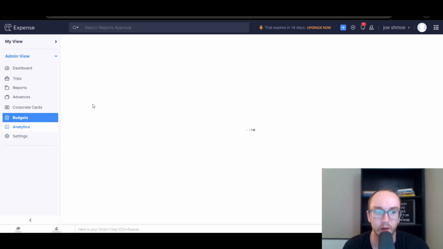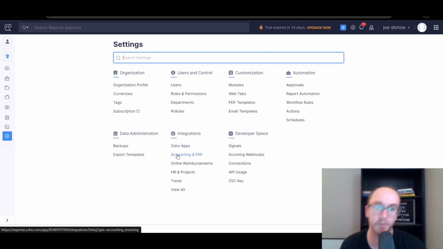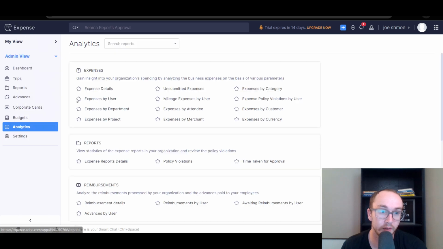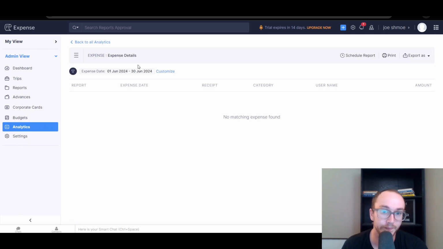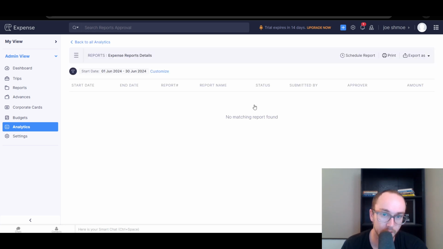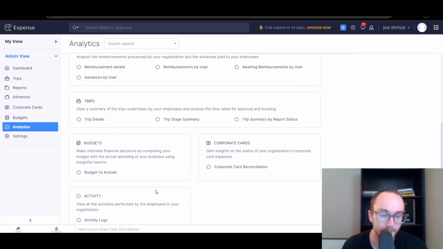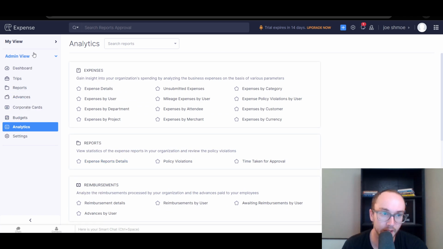Now, of course, we only have 2 or 3 expenses in here. Again, you have your other settings in terms of users. You can go in and add users, integrate with other Zoho apps, or even accounting software, things like that. So you do have a wide variety of different options here within the software. So as you can see here, we have the expenses, expense details, expense reports. Again, there's a lot of ways that you can dig into the data once you actually have everything logged in